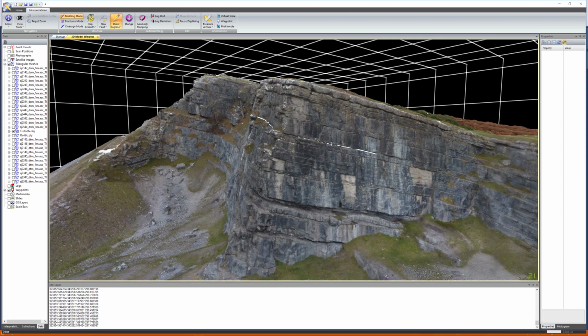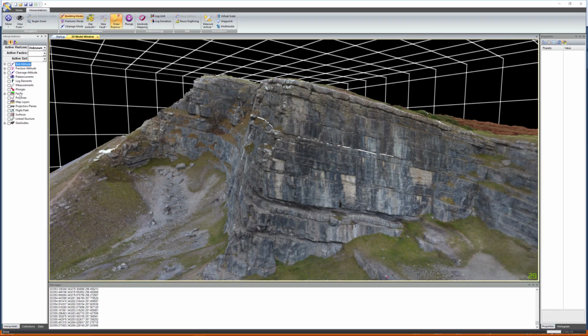If we want to reduce the spacing between the points when we're dragging, we can go to Interpretations and Polylines, and we can change the minimum digitizer spacing here. So at the moment we're allowing a point every 20 centimeters. If I make this a point every half a meter and then carry on drawing, we should be able to